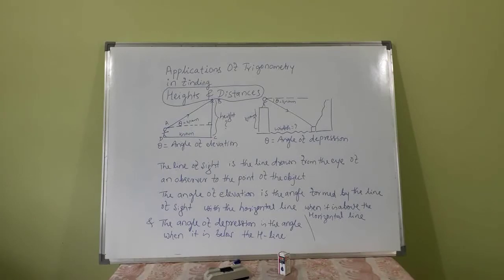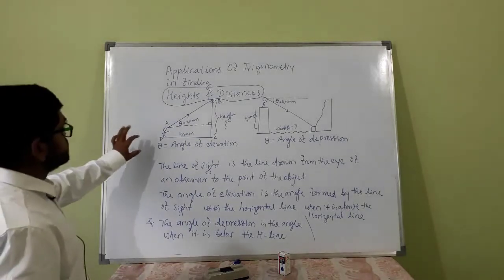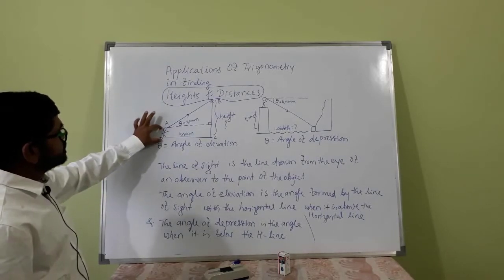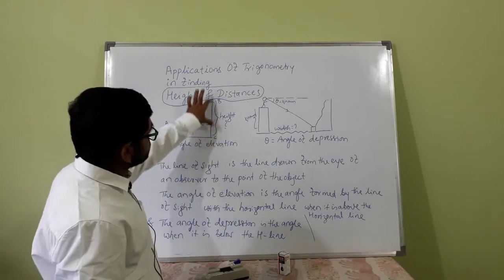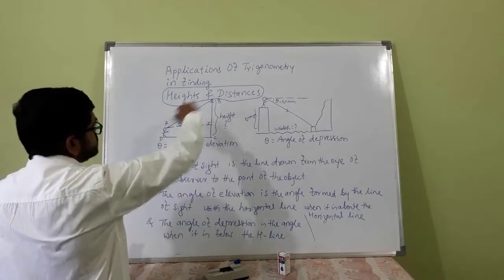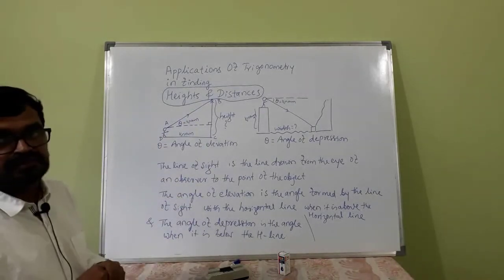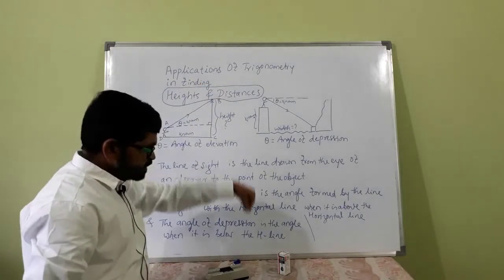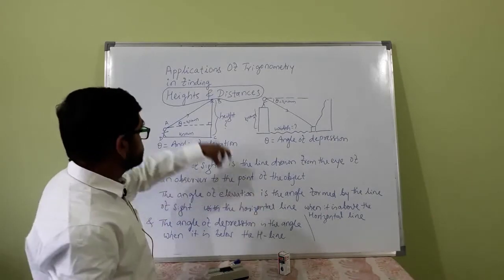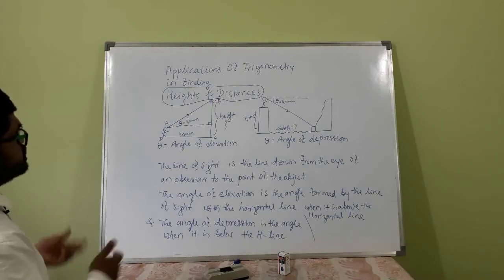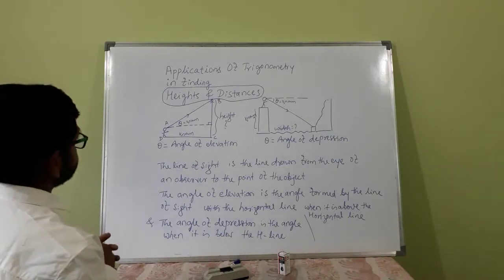Now see the diagram. I drew a rough diagram; I am not an expert in drawing. To have an idea, suppose here is an observer and here is a hill or tower, anything. He wants to know the height of the tower. One method is to stand above the tower, drop a thread with a weight, and then measure. That is not easy and not good. Without doing such experiments, how do we find this?